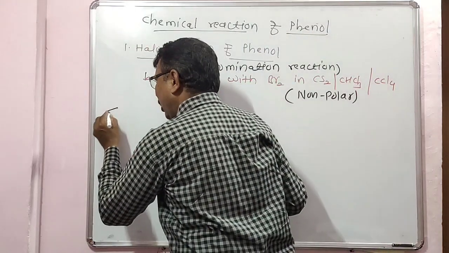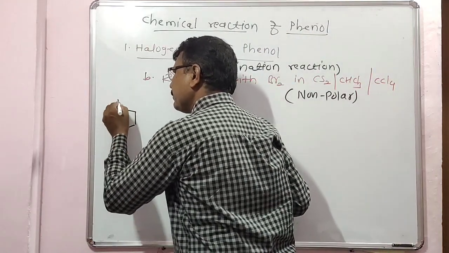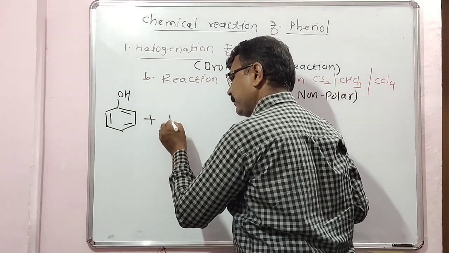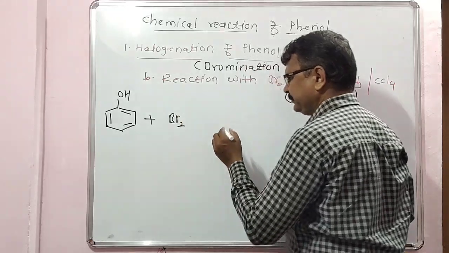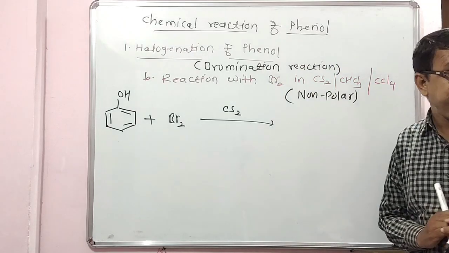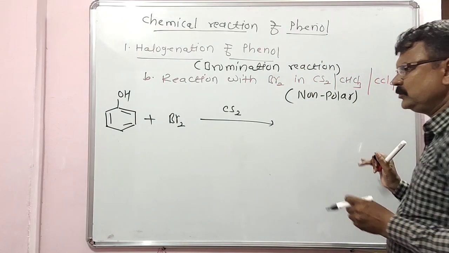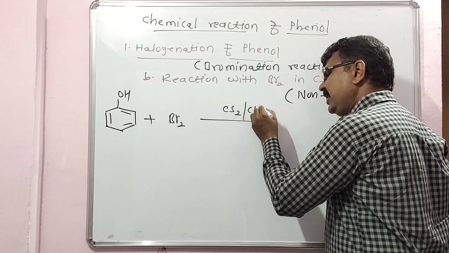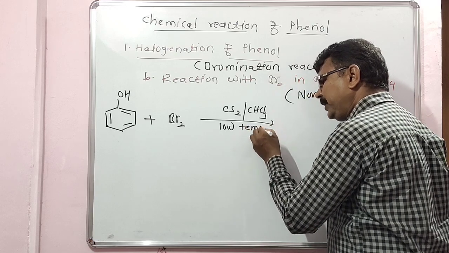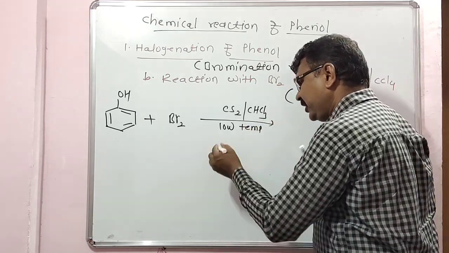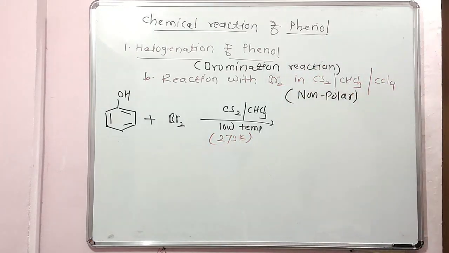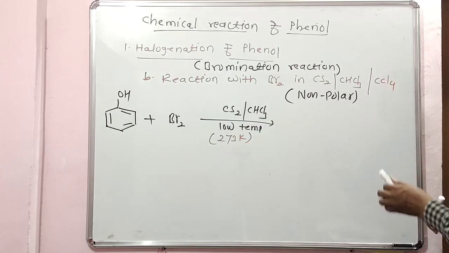Look here, when phenol is reacted with bromine, Br2 in CS2 or CHCl3, at low temperature, low temperature meaning 273 Kelvin, which means 0 degrees Celsius, it gives a mixture of